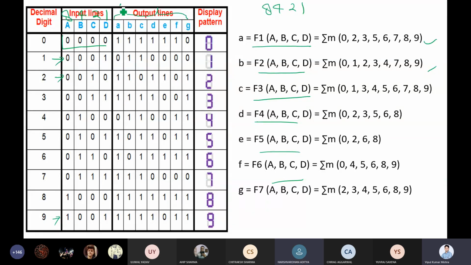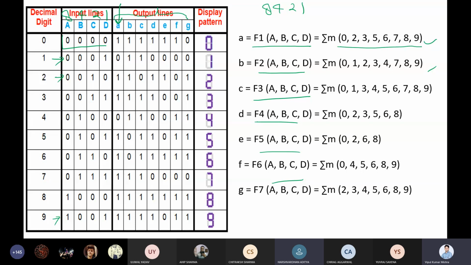Okay, so just look into this A first. Now find out all the places where the value is 1 and just put it here. That is the min-term representation. Whenever you have any truth table, if you want to represent the output in the form of min-terms, you find all those places where the value is 1 and that is the min-term for you. Getting?